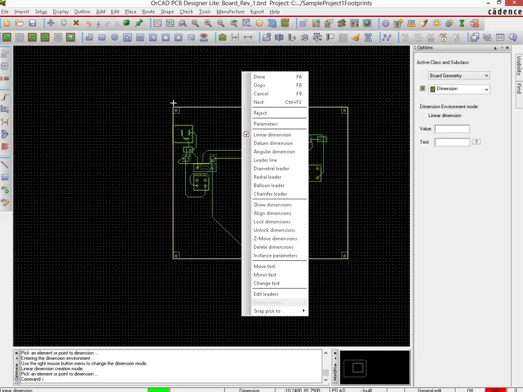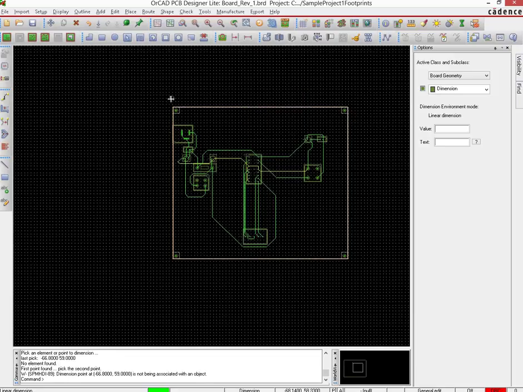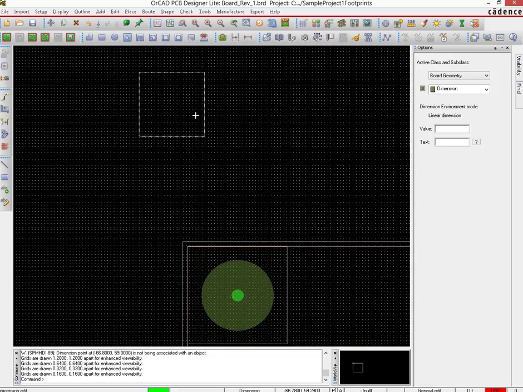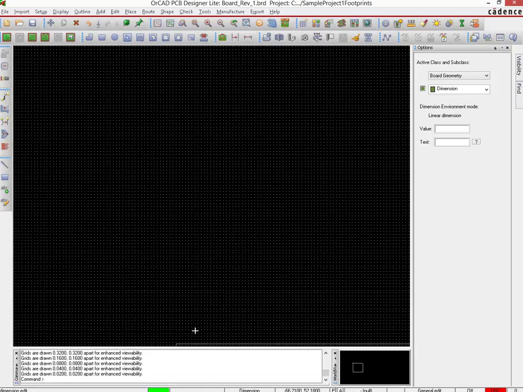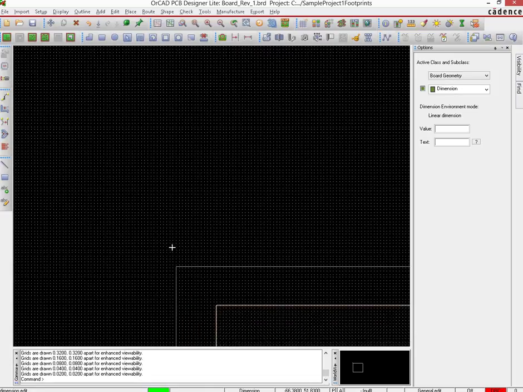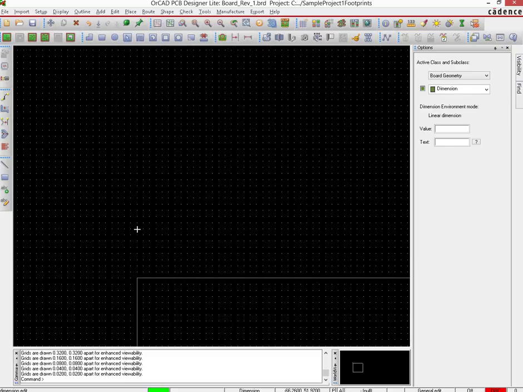After that, what we need to basically do is create the dimension figures here. So the way that we do that is we zoom in and then we select the grid where the edge of the board is. So let's say this is the grid point, so we select that, and then